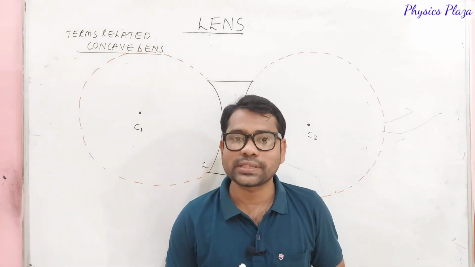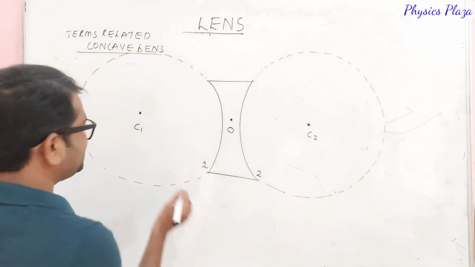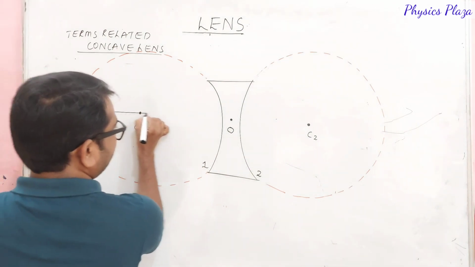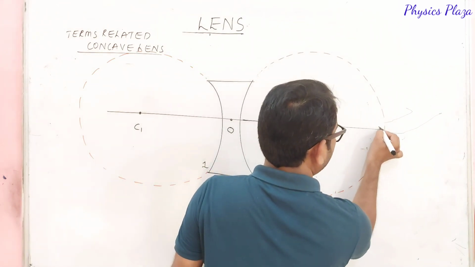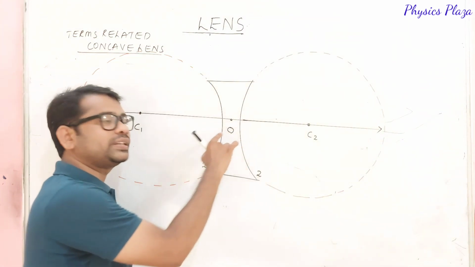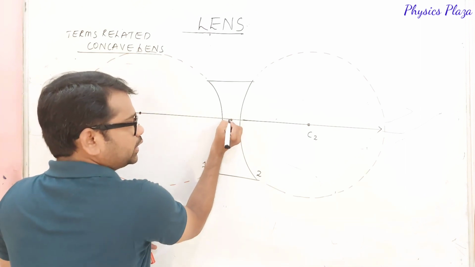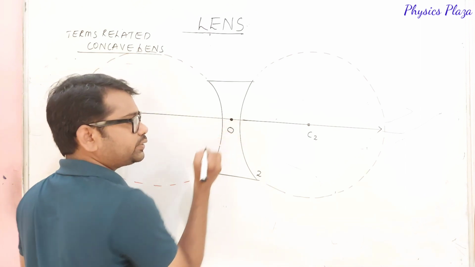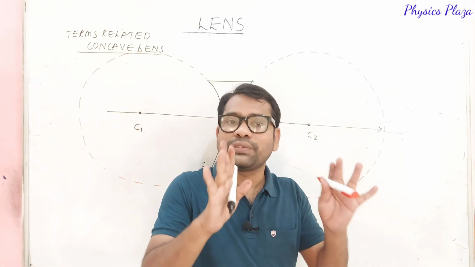But scientifically, how can we discuss this, children? The point on the principal axis. Then where is the principal axis? Yes, it is the infinite, imaginary line which passes through the centers of curvature and the optic center, and it is called the principal axis. So dear children, now the point on the principal axis through which a light ray goes undeviated after refraction